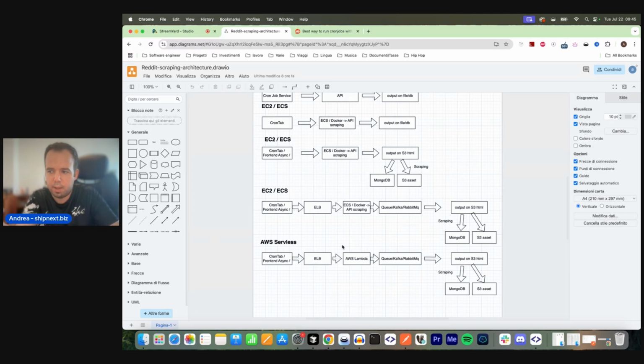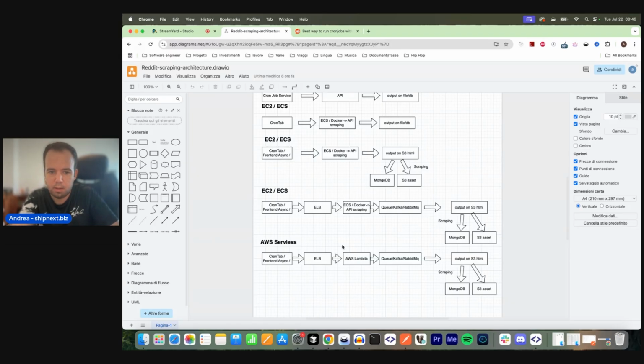After that we have a listener that calls the URL and saves the HTML, and then some job reads the HTML, makes the parsing, and saves the data on MongoDB